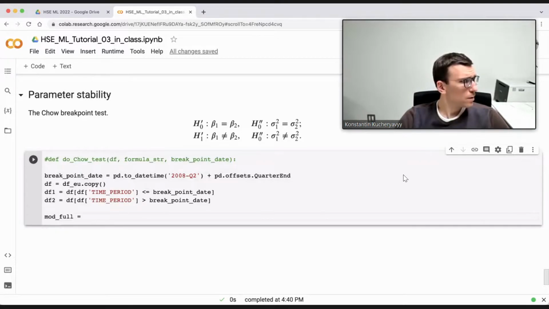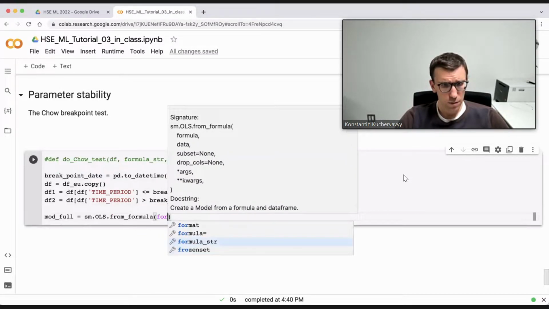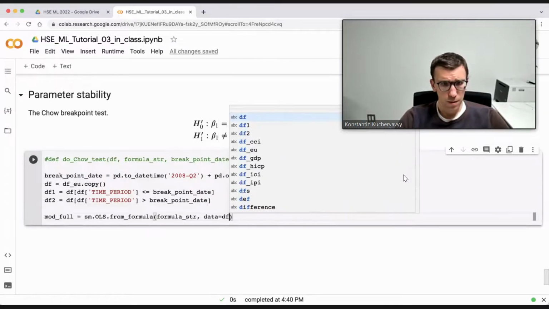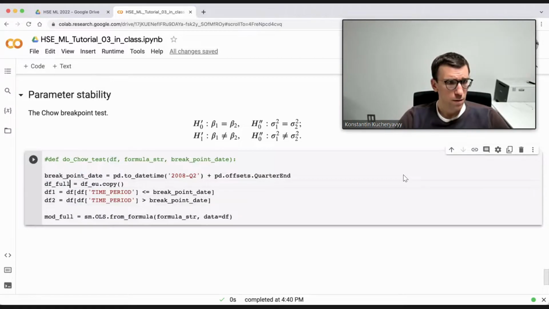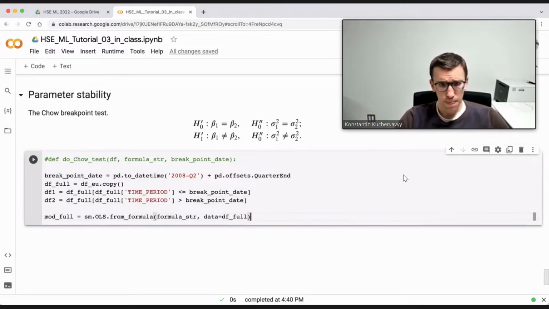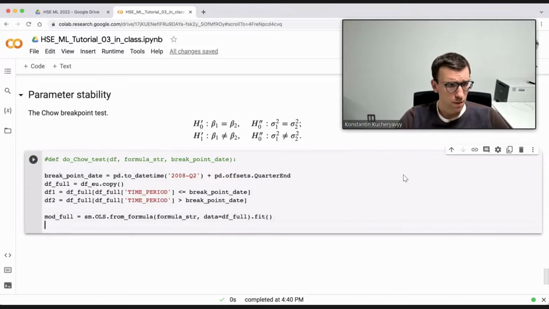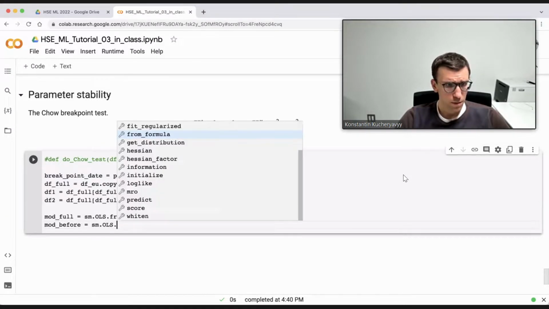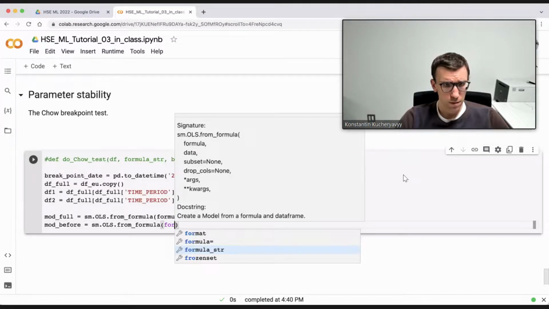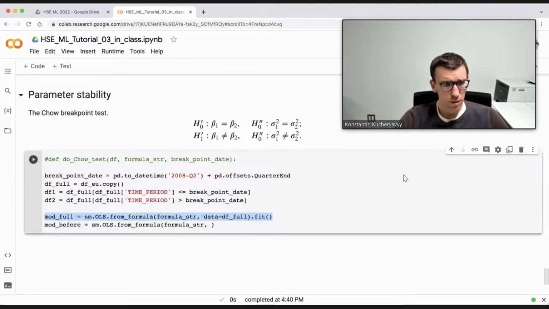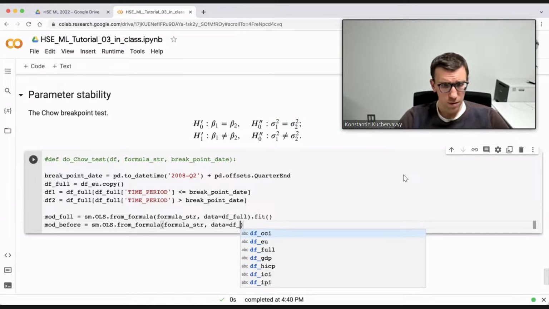Model 12. So here we estimate a model on the full data set, then we estimate the,